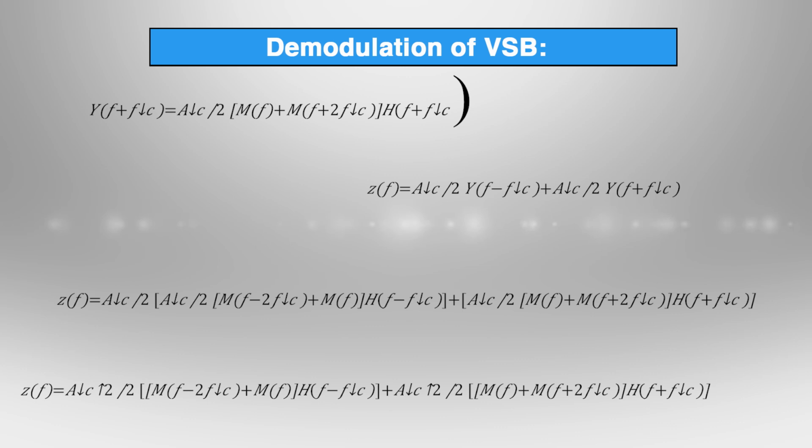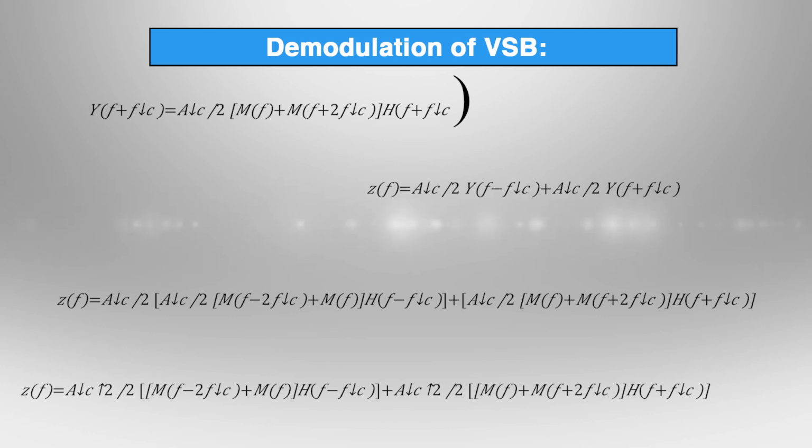Then Z(f) equal to Ac/2 times Ac/2 into [M(f − 2fc) + M(f)] whole multiplied by H(f − fc), plus Ac/2 into Ac/2 [M(f) + M(f + 2fc)] whole multiplied by H(f + fc), or Z(f) equal to Ac²/4 [M(f − 2fc) + M(f)]